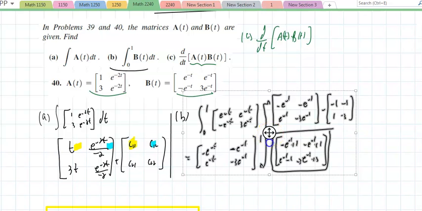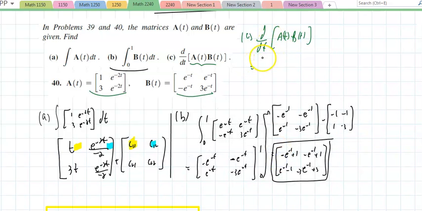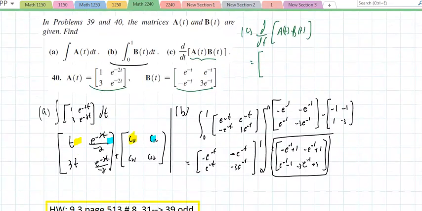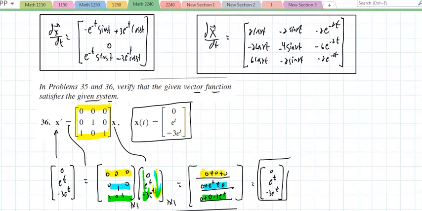So if I really wanted to use the product rule, that will be derivative of the first, if I'm not mistaken, A times derivative of the second. So A is simply 1, e to the negative 2t, 3, e to the negative 2t, multiplied by the derivative of B: negative e to the negative t, negative e to the negative t, negative e to the negative t times negative, and negative 3 e to the negative t, plus, and if I look at this again,